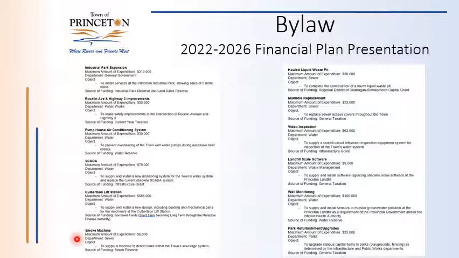Smoke machine. So what this does, again, this fits in with our infiltration problem with our sewer system. Essentially, the Public Works Department can inject smoke into the sewer system and actually detect cracks in a sewer pipe, so that we know where to repair if we do have holes and deficiencies.